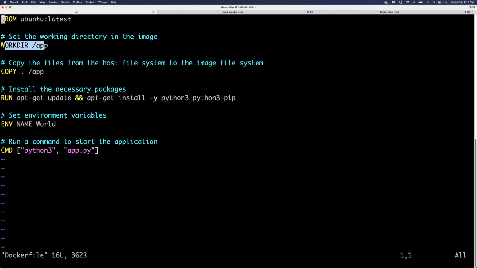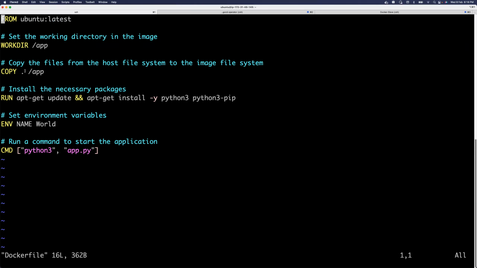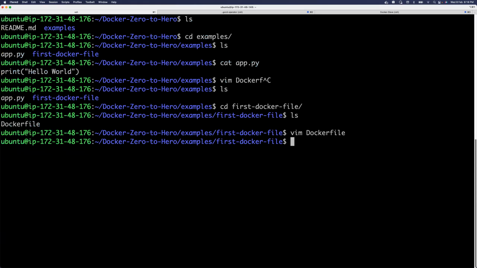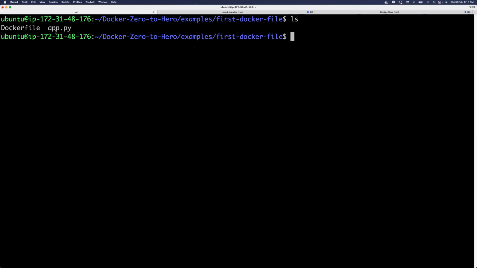Okay, and then I'm saying work directory. Work directory is nothing but on the Docker container, you are just using the cd command and you are moving to the /app folder. You can ignore this as well for your first Docker file. Then I want to copy the contents here. Okay, so if you see here, let me move that specific file, copy app.py to here. Okay, so this is my app.py, right? And this is my Docker file.